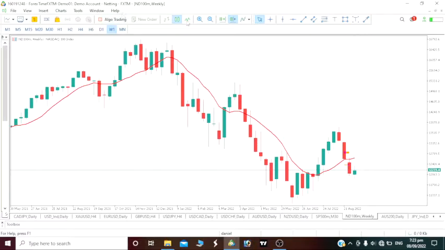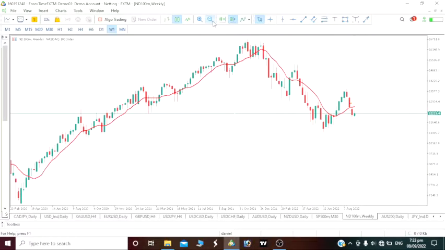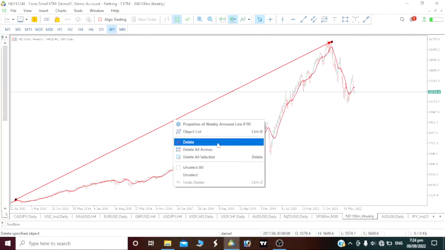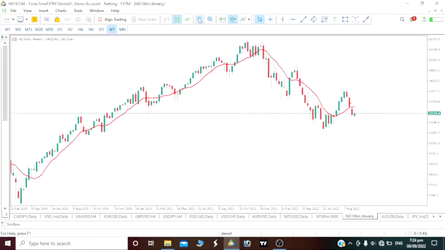Now let's see our Nasdaq 100, starting with our weekly time frame, so we'll be able to understand the full trend. We can all see, from 2012 till the end of 2021, we're actually on an uptrend move. Our price has actually been moving consistently bullish. But early this year, about late December or early this year, we are now on a drop on our weekly time frame. You all can see it, by the way.